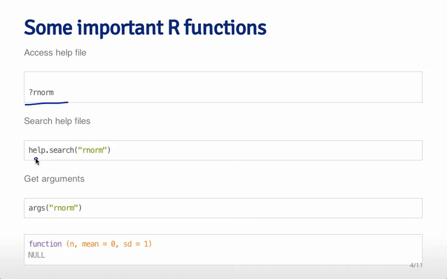You can also search like this, help.search. And if you use help.search, you might not even necessarily have to get the function name exactly right. It'll still search through the help files and try to find things for you. And then if you want to get the arguments for a function, you can use the command args like this, args of rnorm, and it'll tell you the function arguments. These functions are very useful if your goal is to try to figure out how R is working for a particular function, but might not be so useful if you want to understand the sort of underlying concepts involved in